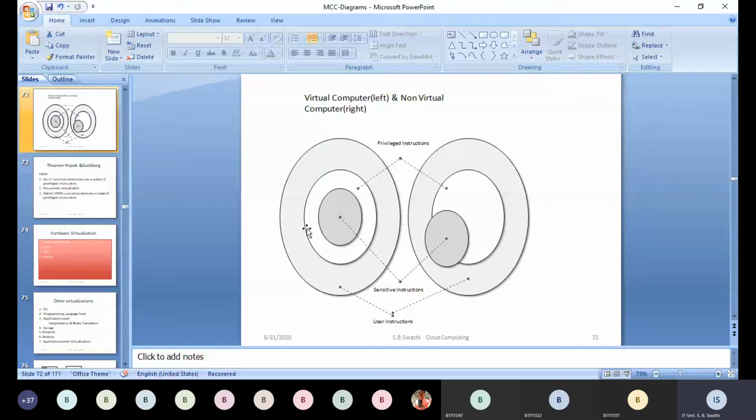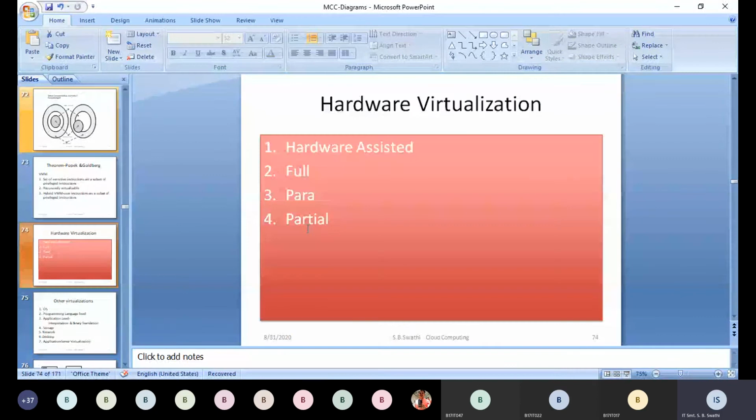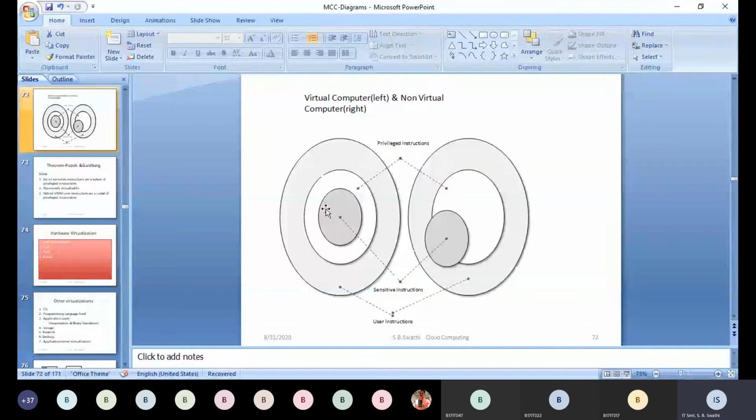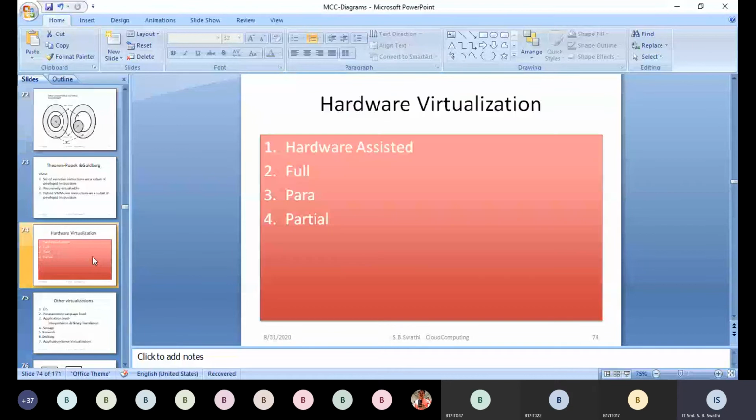students? Okay, right. So these are the 4 different types of hardware virtualization levels. Depending upon the level, this is what VMM level means: in what way the VMM is accessing the particular hardware services, based upon this the classification is given. So the first one is hardware assisted virtualization.